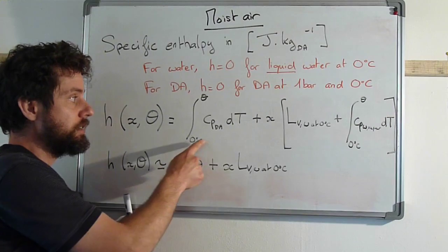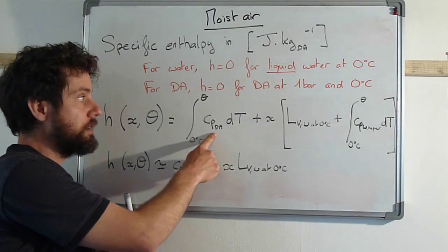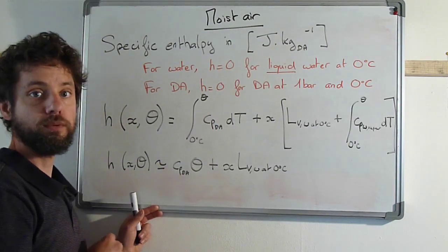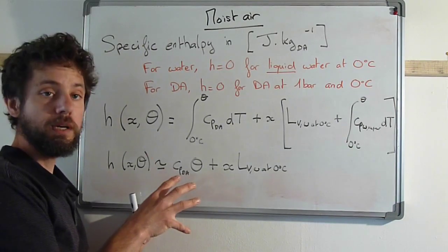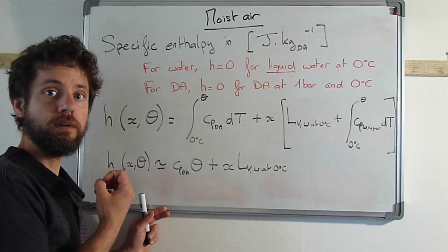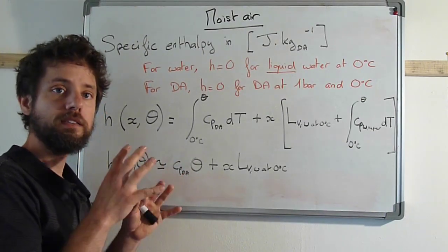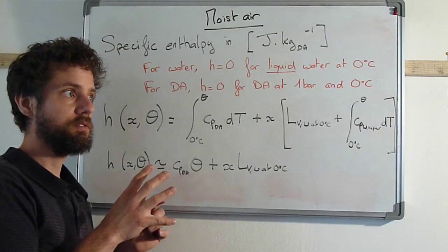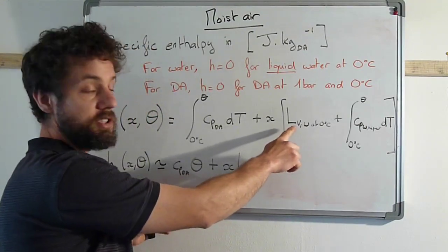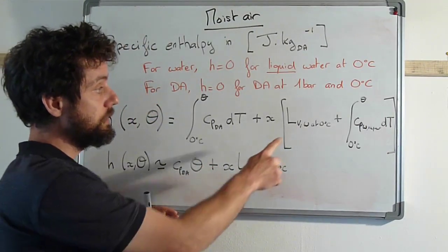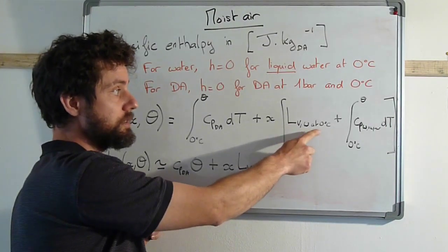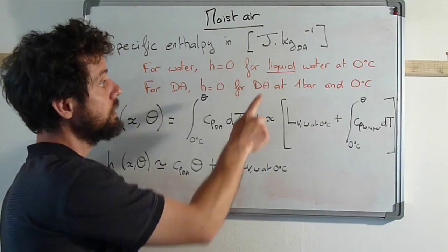So the integration of the Cp of the dry air by the difference of temperature from the origin to the temperature at which we are, to which we will add the specific enthalpy that is due to the water vapor that is in this moist air. And this water vapor has two components in its enthalpy. The first one is the phase change enthalpy, so what we usually call latent heat of vaporization of water at 0 degrees Celsius, because the origin is